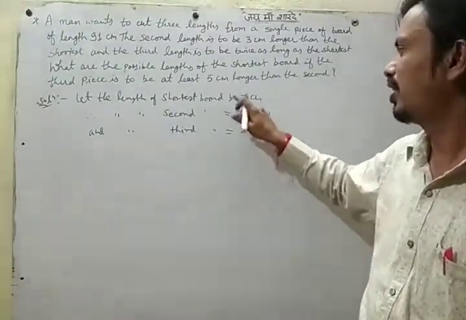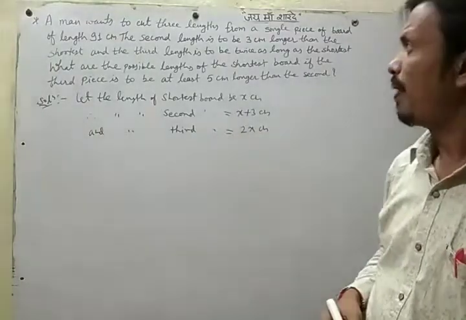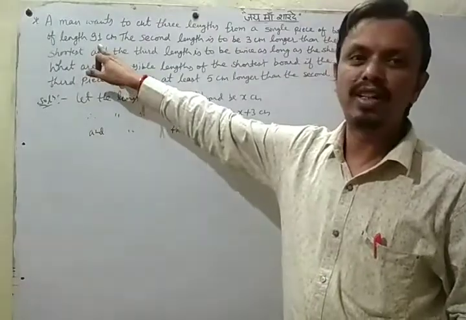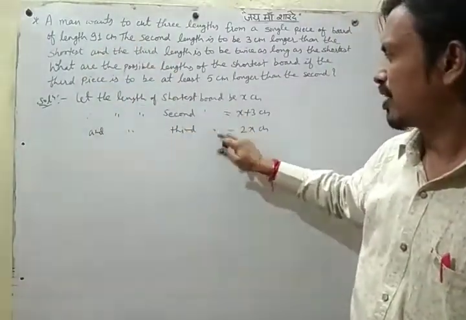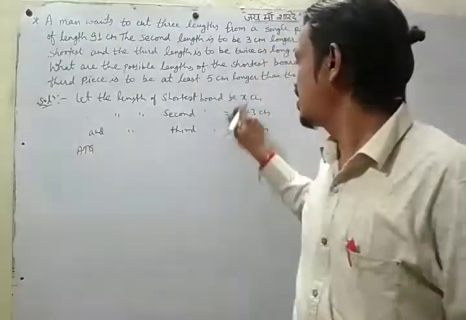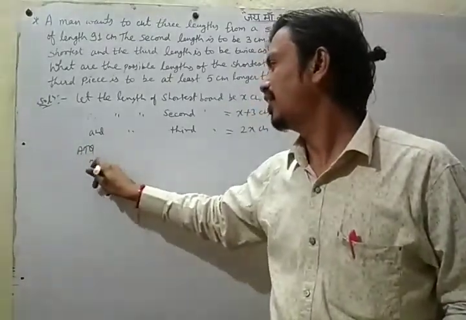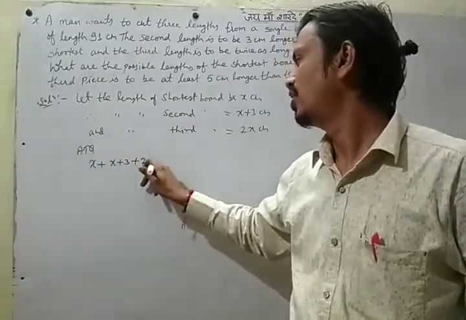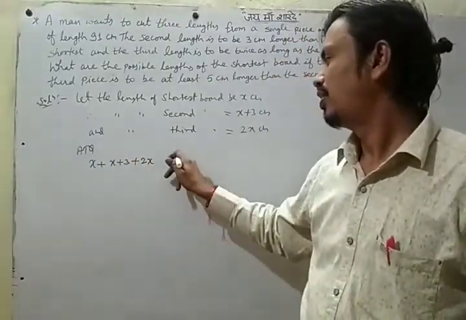So these are the 3 lengths. Okay? So one piece of 91 centimeter is divided into 3 parts. If we add these 3 pieces, x, x plus 3 and 2x, this length